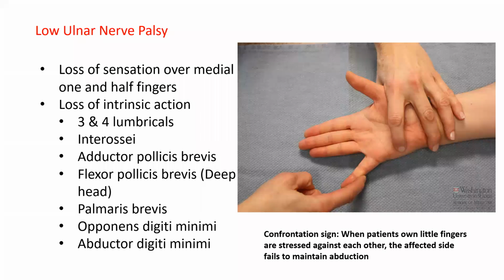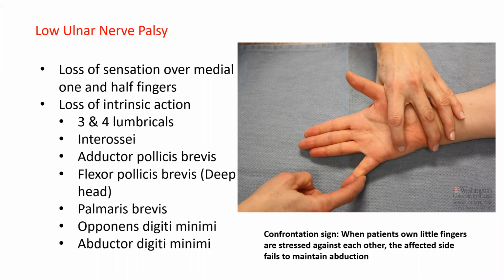How to check the abductor digiti minimi? You just need to check the little finger abduction. There is one more sign called the confrontation sign. You ask the patient to spread their fingers and push their two hands together, with the contact point at the little fingers.